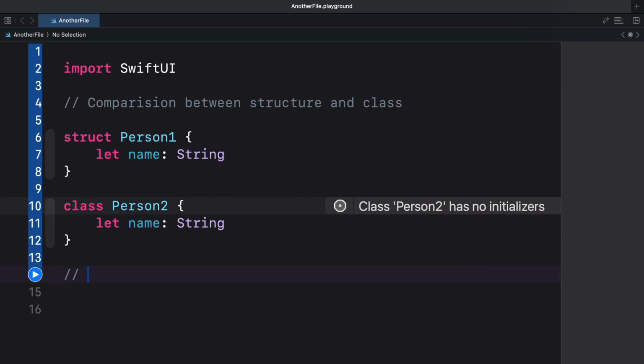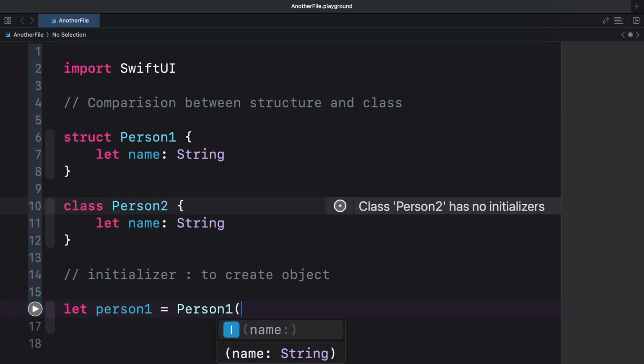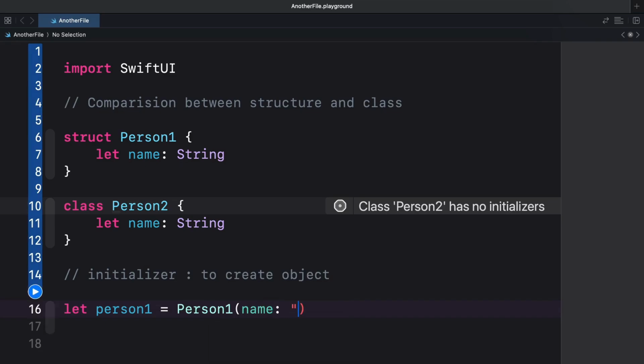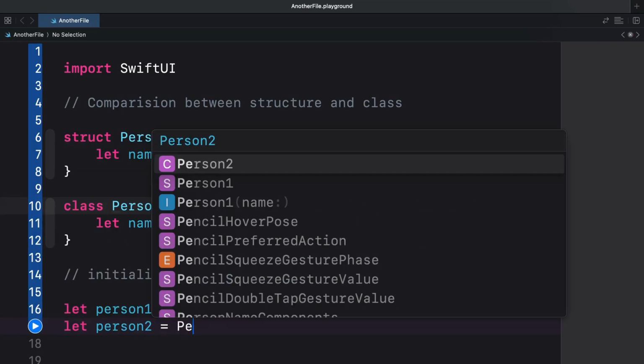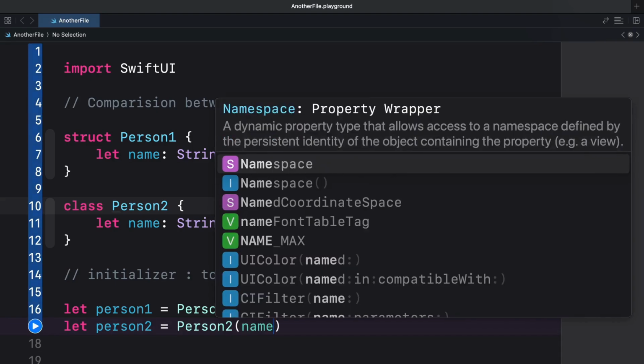Now we need initializers. So the use of initializer is to create object. Let's do that. person1 pass in the name, something like this. Let's do the same thing for person2 pass in the name.